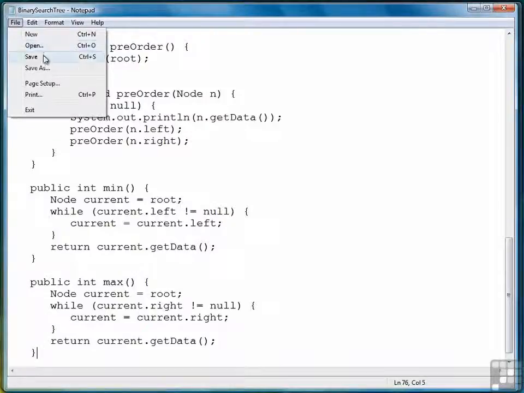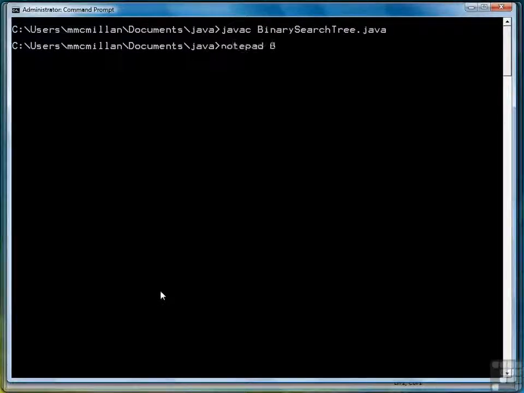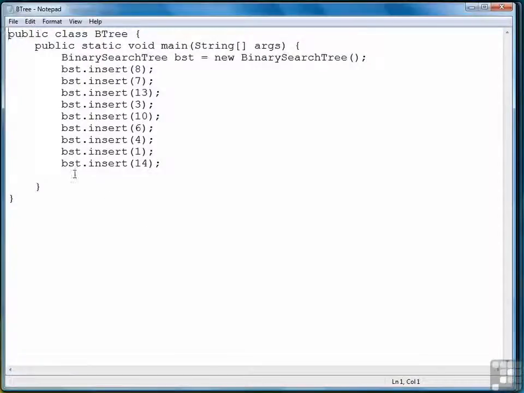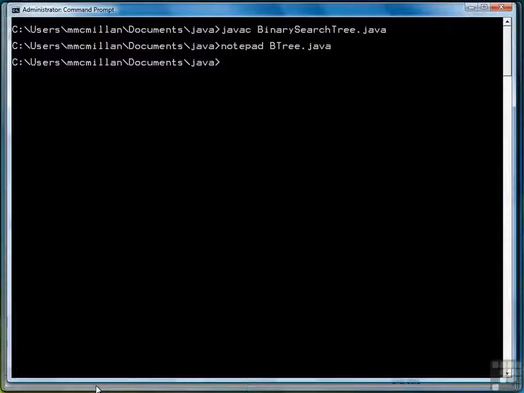So we'll save the file, compile it. Now we'll go to our B-tree program. We'll use our same data that we used before. And we'll call min right here, like so. And then for the maximum value, and that should be all we need. So we'll save the file, back to our command prompt, compile it,